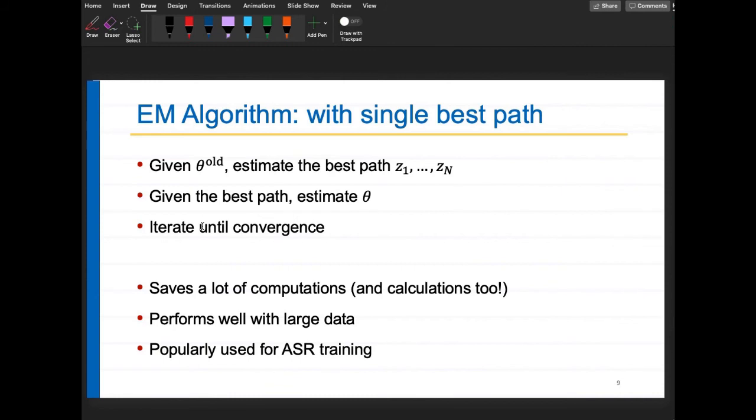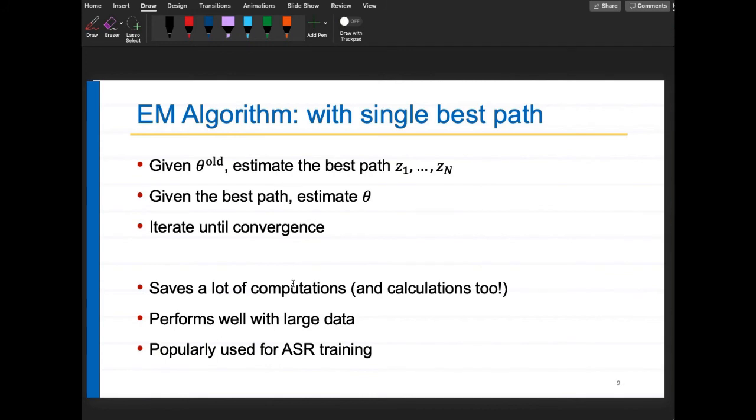This is a very simple algorithm. No need of Baum-Welch, no need of forward-backward algorithm, no need of soft responsibilities. You save a lot of computations, a lot of calculations. But the thing is that this works very efficiently. But unfortunately, it's not there in any book. This method is not discussed in any book. Like any standard textbooks on HMM, they will discuss Baum-Welch algorithm or forward-backward algorithm, but they won't discuss this method, which is the most practical one.